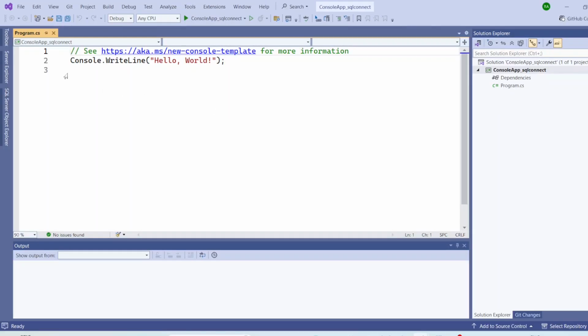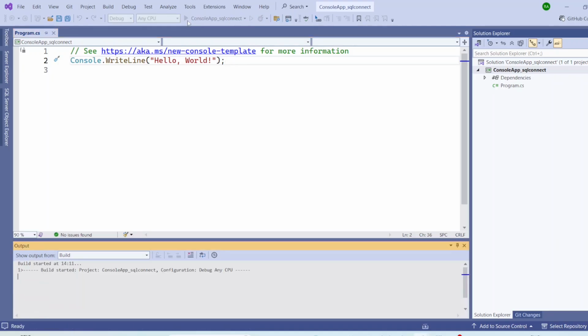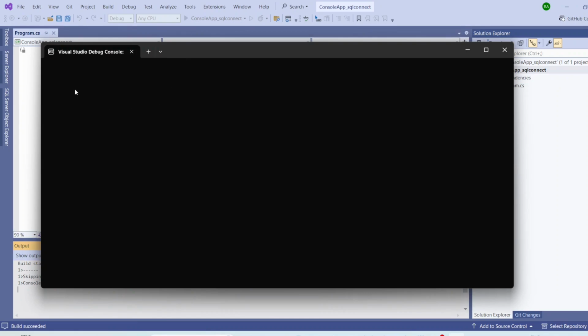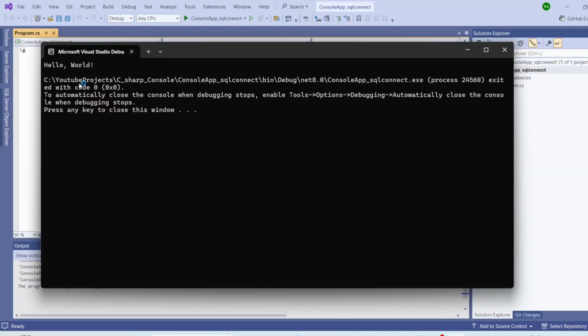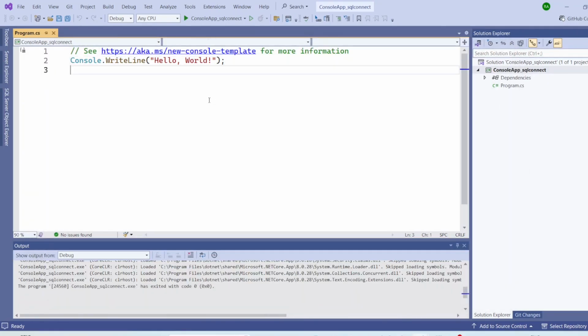Okay, now it is open on the program.cs file. Okay, you can just run this console application. Then we will get Hello World. See, we are getting Hello World. Okay, now